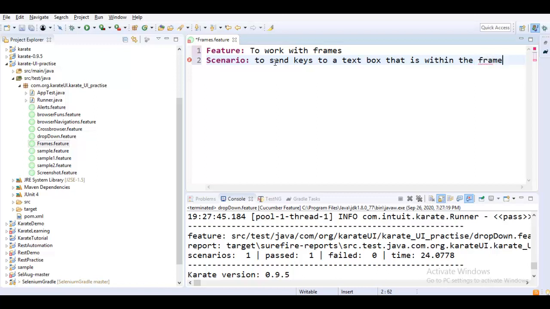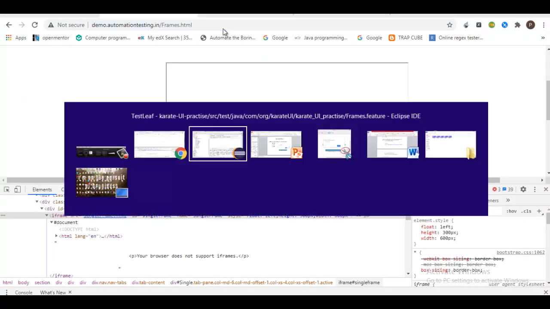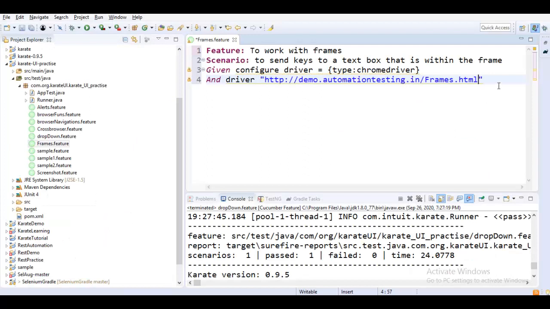This is my scenario. We all know that we have to configure the driver, given configure driver equals type chrome driver, and later configure driver, and then let me give the URL of the website. demo.automationtesting.in is my URL.